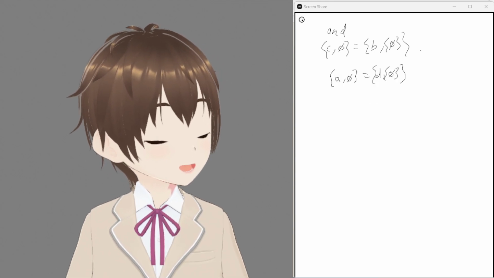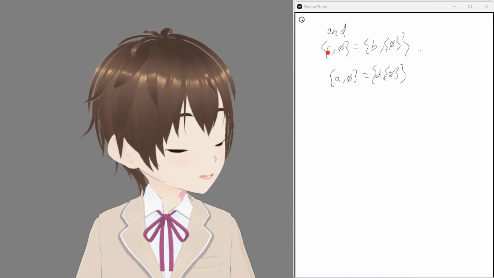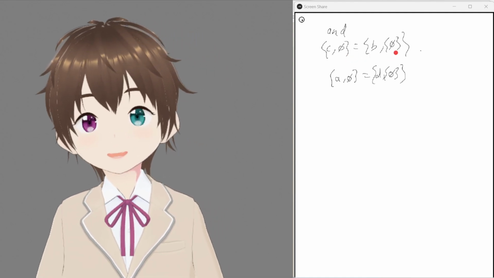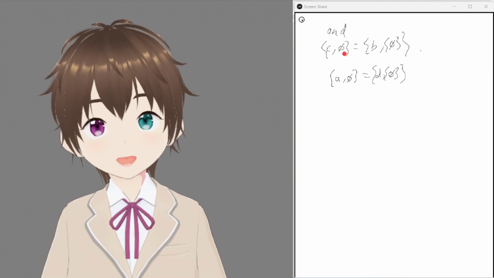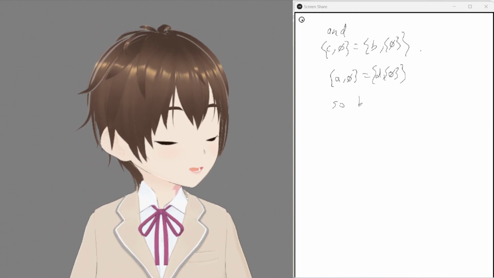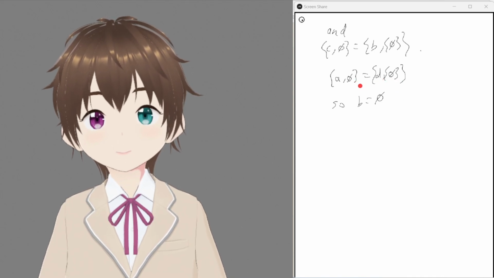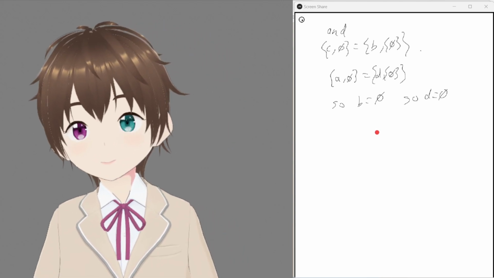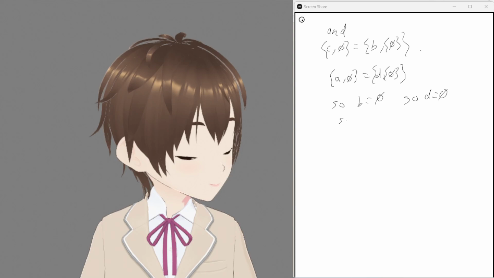Okay, so now I know that these sets are the same, which means they have the same elements, which means first note C has to be an element of this set, and the empty set has to be an element of this set. So the empty set is not equal to the set containing the empty set, because the set containing the empty set has an element, which means this equality implies the empty set is equal to B. So B is empty. Okay, and similarly, this equality implies that D is empty. Okay, which means I know that